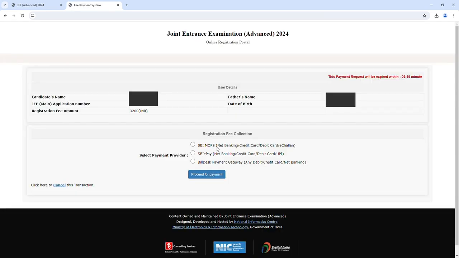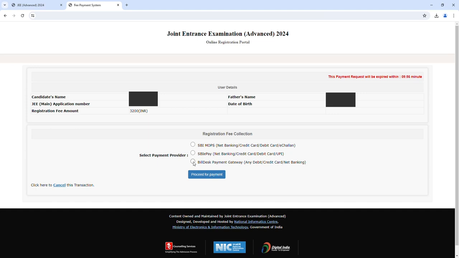You will then be redirected to a page where you can choose a payment gateway. You are required to choose one of the payment gateways shown on the screen based on your preferred payment mode. That is, net banking, credit card, debit card, UPI or by an e-challan. If you generate e-challan, you need to print the e-challan generated on the next screen and pay the fee at the nearest branch of SBI.